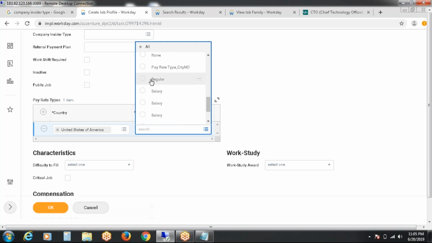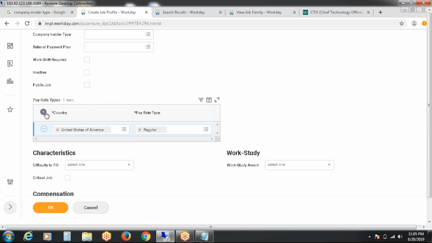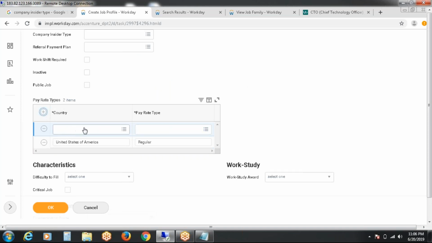I am going to pay on a regular basis, or you can select monthly. If monthly is not available, you can define it, create pay rate type. So I'm going to mention regular. If you want to add another country, you can add the UK or any other accordingly.